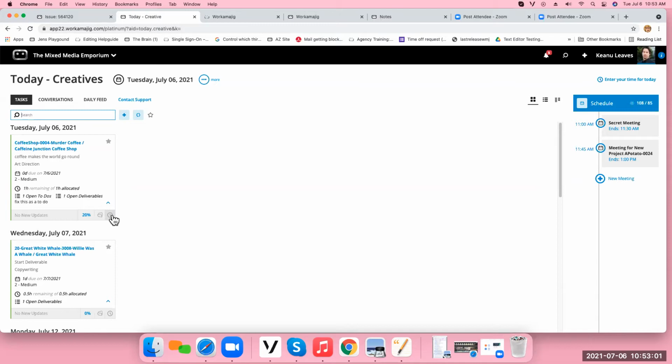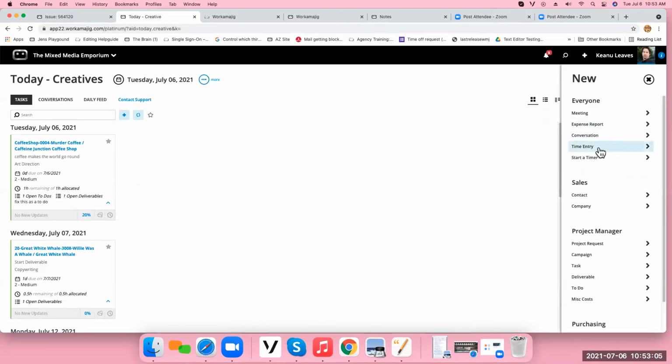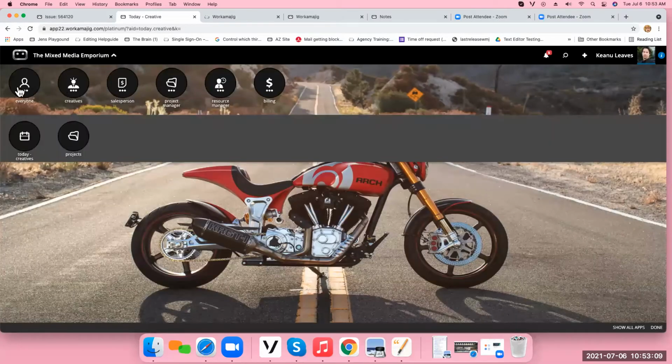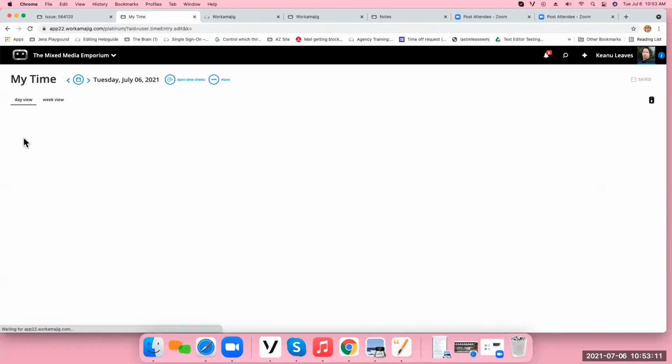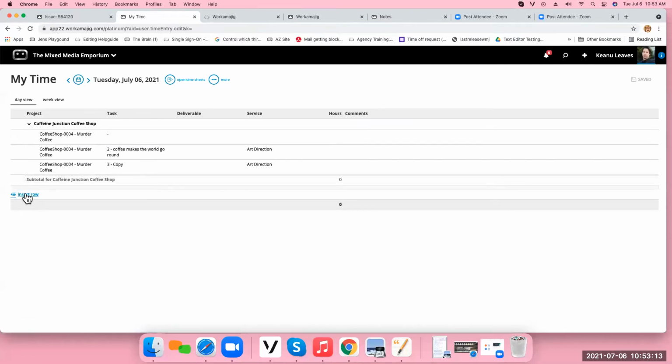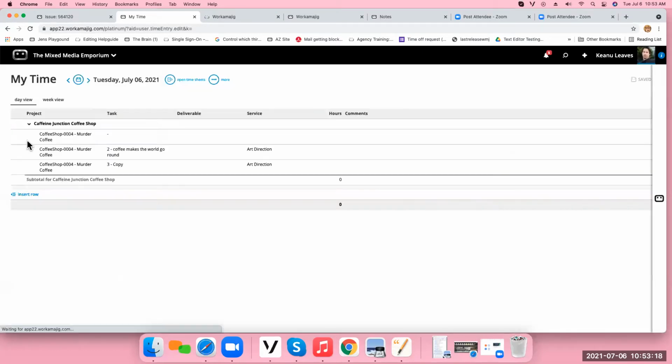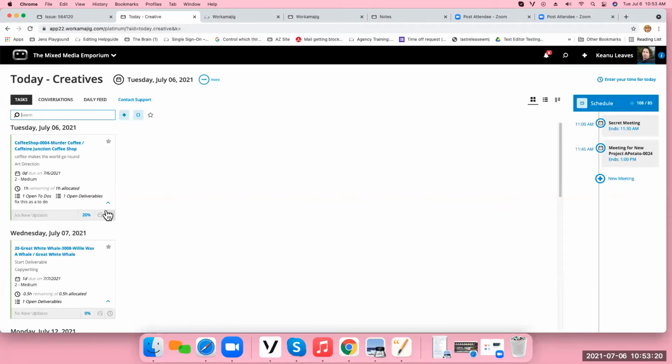So time entry comes from a couple different places. I can do the time entry. I think I said a few minutes ago, time entry can come from here. Time entry can actually come from everyone's timesheet. You can be coming over here and making a time entry. Workamajig's best practice is to make your time entry off the card